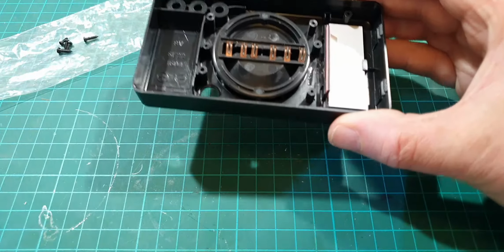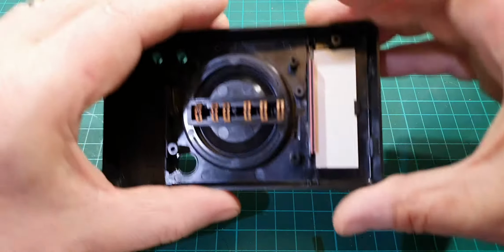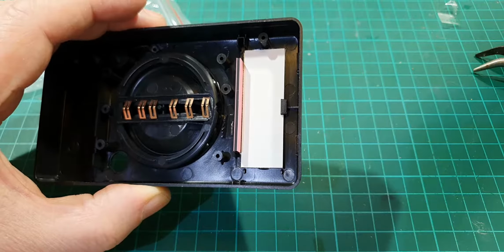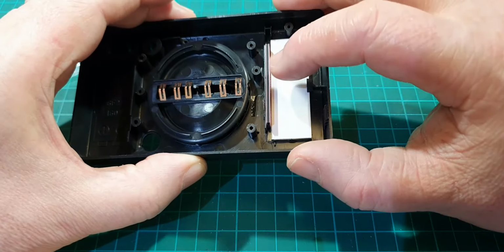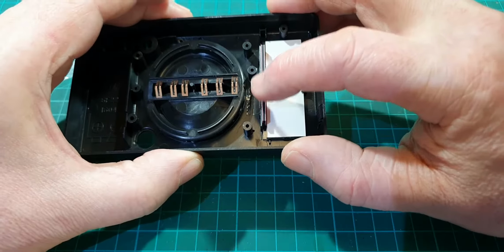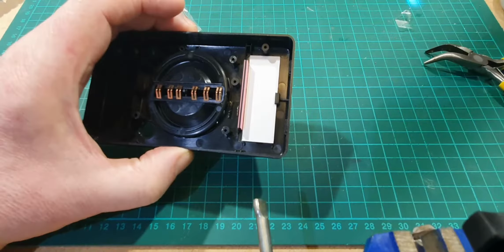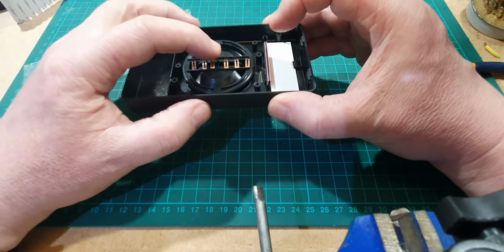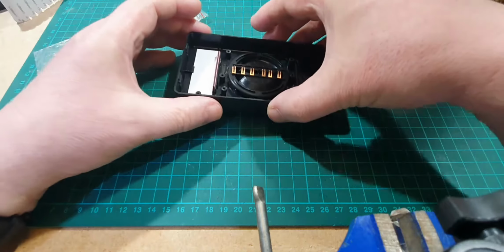Right, I'm just going to look at it in the magnifying glass, see if I've got that in right. So it looks okay. I'm hoping it's going to be right, so I'll just zoom in. Now, I was talking away and I was installing this, and then my video player suddenly stopped, so I'll have to check in a minute as to how much you've seen, but I've just pushed the LCD on, and I've just pushed the zebra connector on as well, and I was zooming in to show you what I've done, so hopefully that's in the middle. Right, so that's in place, the LCD is in place, the switch is in place with one ball bearing, and hopefully I think I should be able to